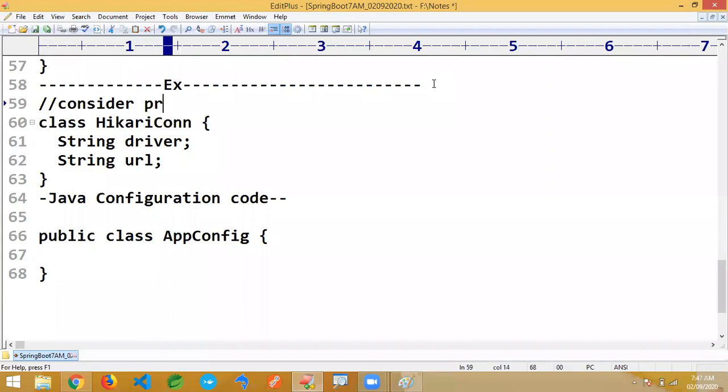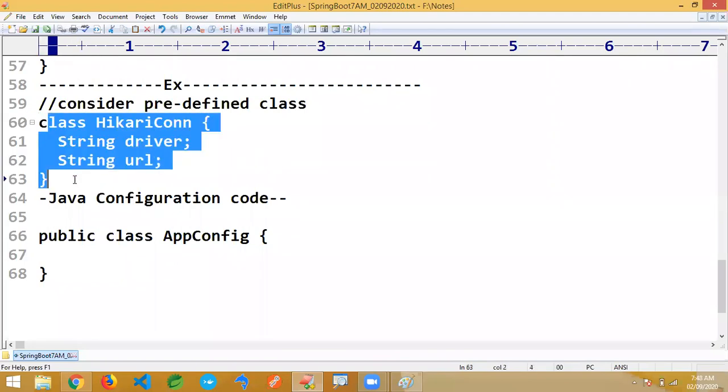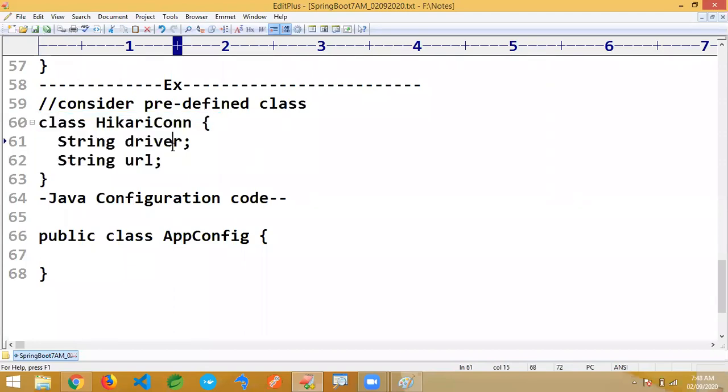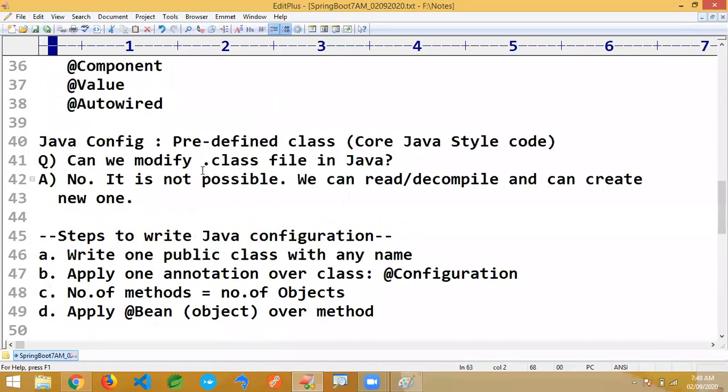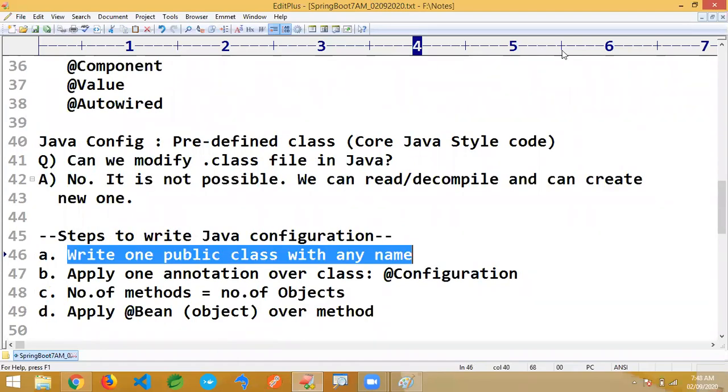Consider it a predefined class, as if I decompiled it, as shown here, or I just give an overview. You can't modify this code. You cannot modify this code. Even if I want to show a predefined class, I have to open some document, right? Consider it like a document overview. So for this I have to create the object. Now step one, I'm just using public class.